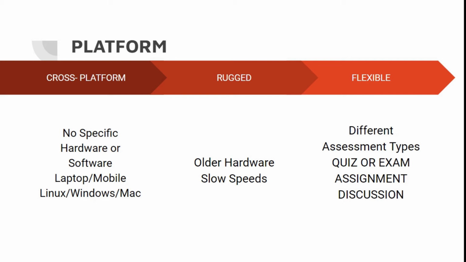So the most important thing about a platform should be that it should have no specific hardware or software requirement. Like you should have a tab of so and so make. That's not done. It should be able to run on any laptop, any mobile phone. It should be platform independent. It doesn't matter whether you have Windows 10 or Linux or Ubuntu or Mac. It shouldn't be dependent on the OS. It should run on any platform that you choose.